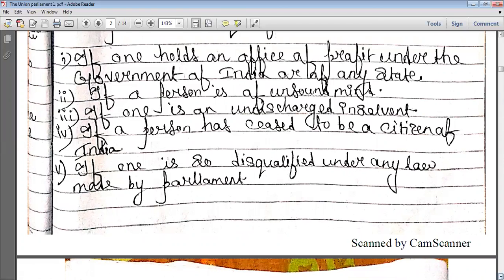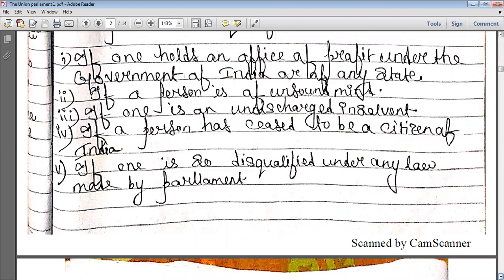If a person is not capable of handling the situation in a peaceful way, if the person is having some problem, internal or external, that is, the person has an unsound mind, then that person is not able to perform his role actively, and is removed from the office. If one is an undischarged insolvent, or a person having any kind of misbehavior, that person is also unable to become a qualified member of the Lok Sabha.